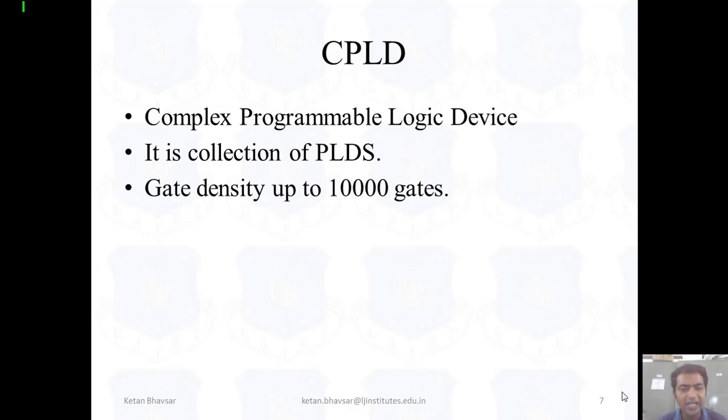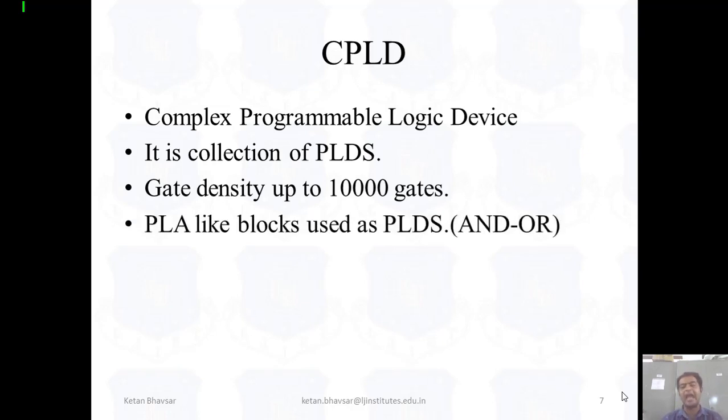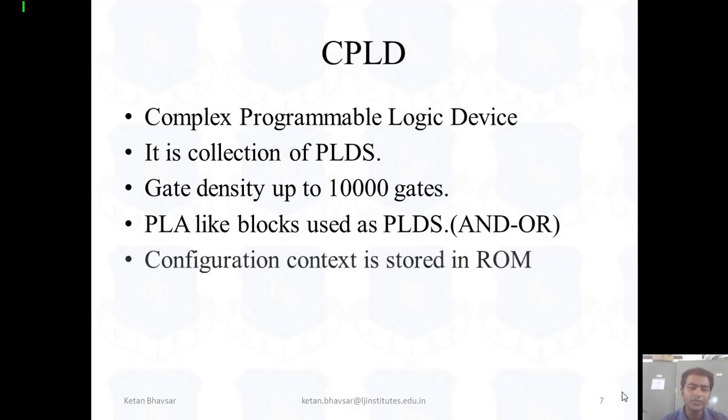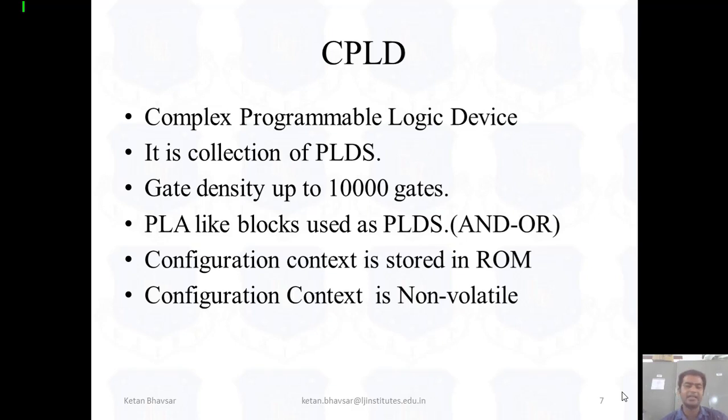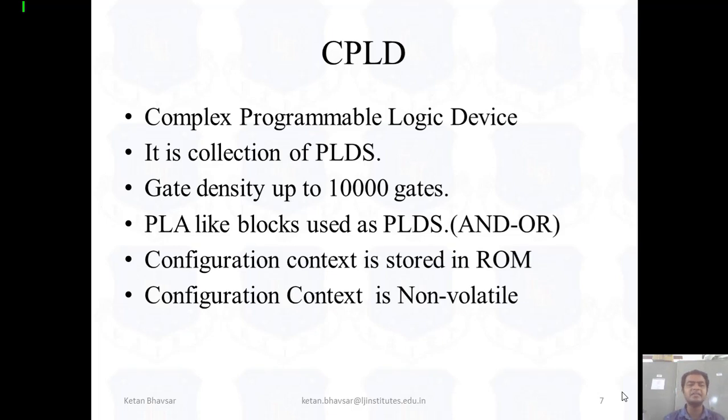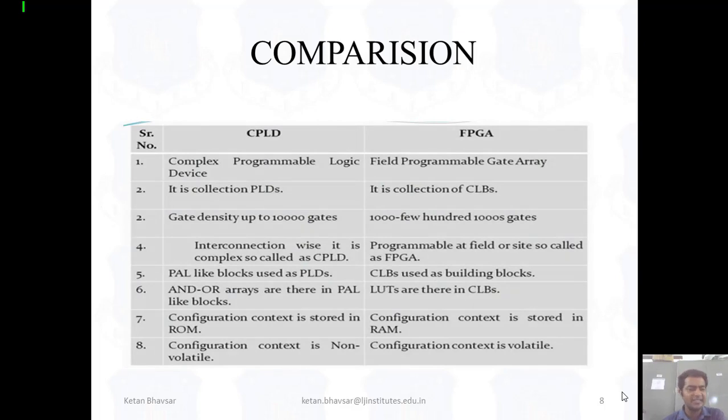It's up to 10,000 gates. It uses a PLA with AND or inverter circuits, stored in ROM data. It's a non-volatile concept, as you already know. So whenever we're dealing with a CPLD based concept, we can say that it's less expensive as compared to the FPGA board, and it is designed with the help of PLA and PAL based concepts, and it can work up to 10,000 gates and also has the ability to store the data. Fine. Now we make a comparison of FPGA and CPLD.